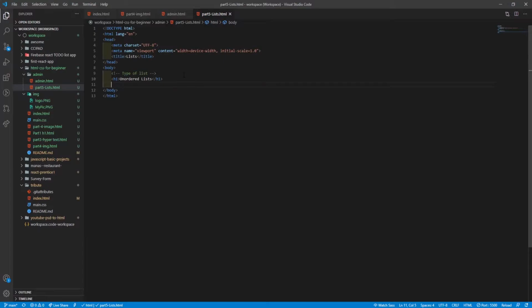So to write the unordered list, type UL as the unordered list initials, and to add the list item, LI.